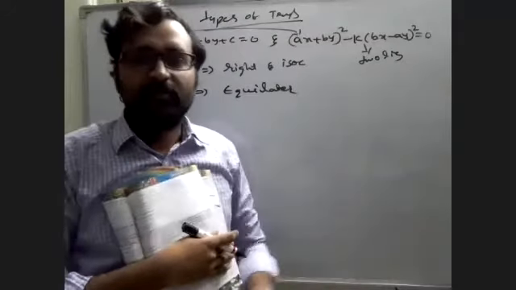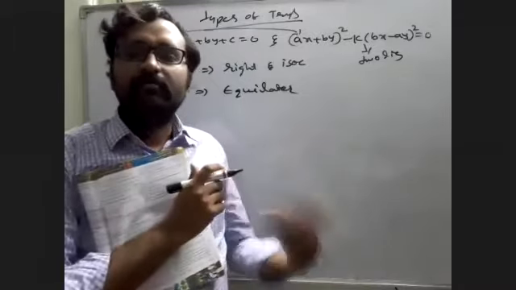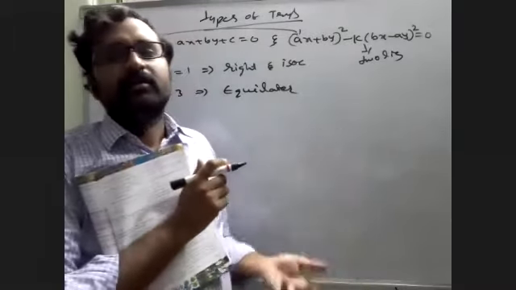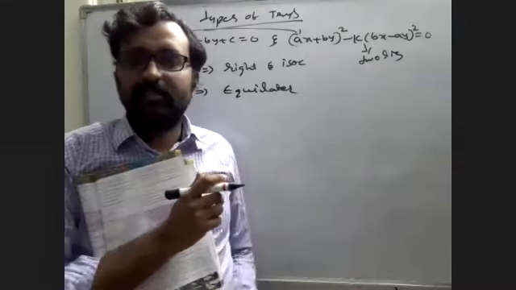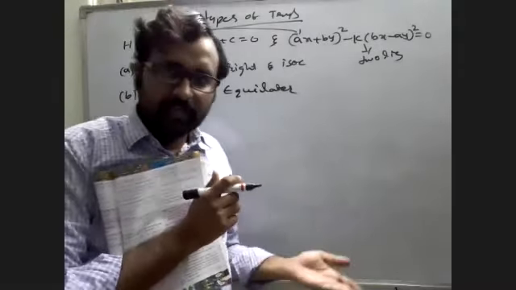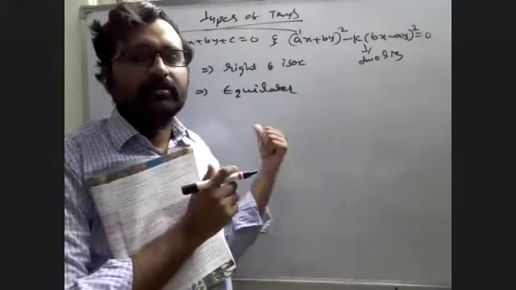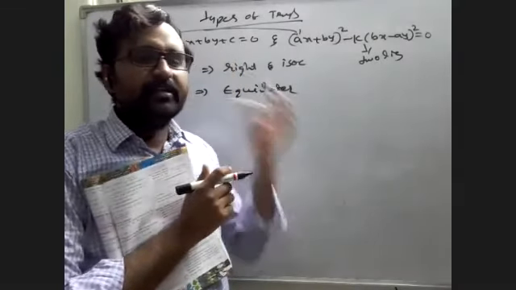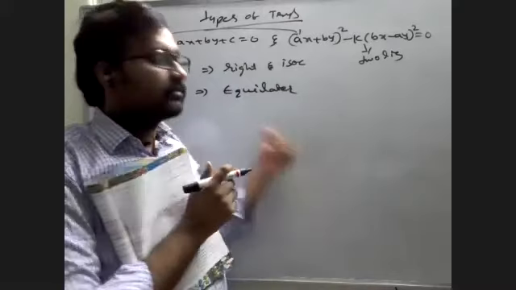but which type of triangle is it? Actually, we have to prove by solving. How will we prove? By finding angles. If you get theta 1, theta 2, theta 3 as 60, 60, 60, that is clearly equilateral. If you get one angle greater than 90, the remaining two will clearly be less than 90, so you will get a scalene triangle.